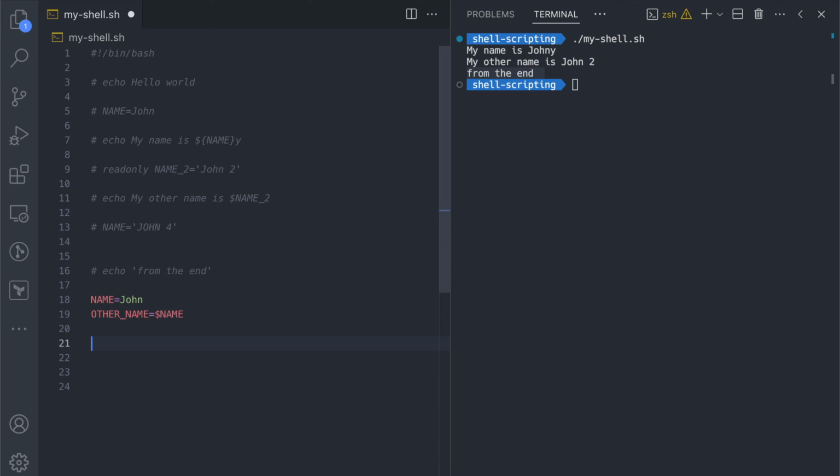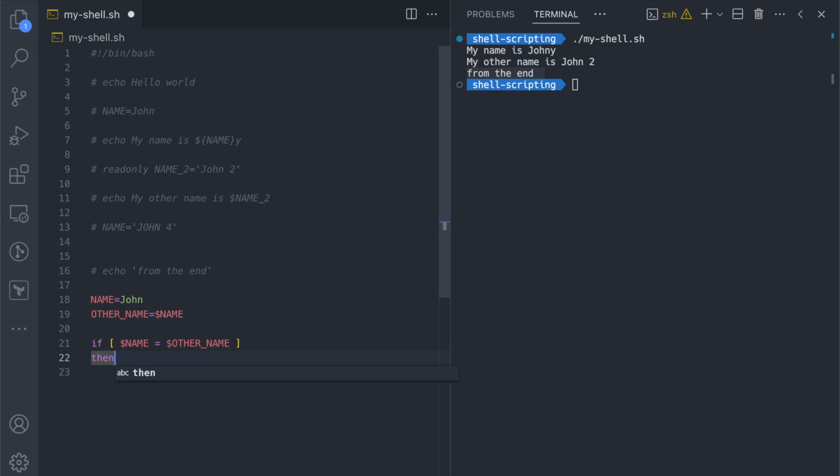Now if I want to check if these two values are equal, I can do if, and in square brackets give the condition. So dollar name is equal to dollar other name,